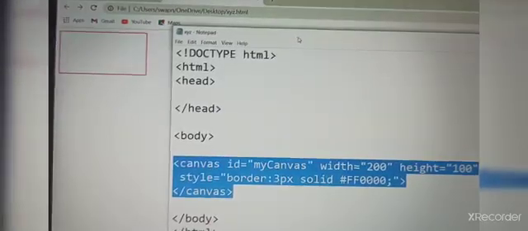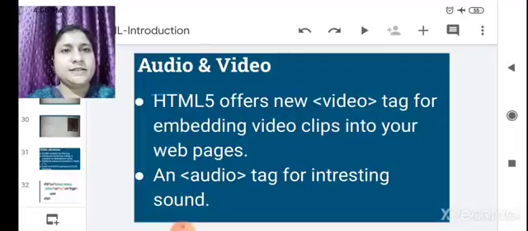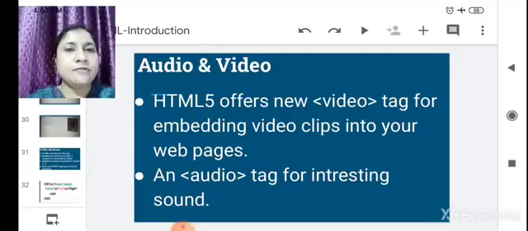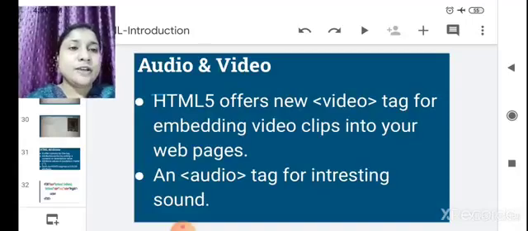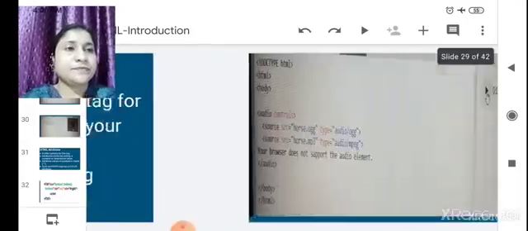Got it now? Now the next tag is audio and video. So HTML5 offers a new video tag for embedding video clips into your web pages, and an audio tag for embedding sound, so we can embed video as well as audio in our web pages.